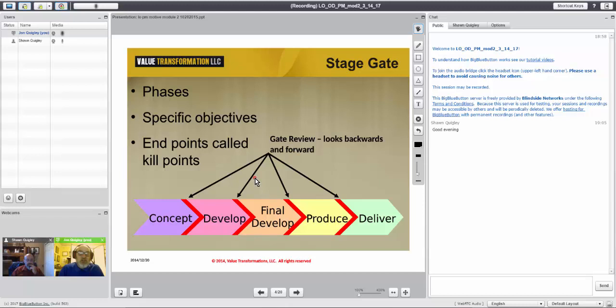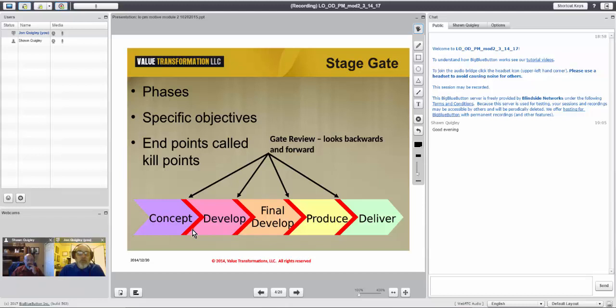In this specific example, we develop a concept. The concept should have had some objectives to achieve at the very beginning. And at this red bar, we're going to have a gate review. We're going to ask questions like, did we achieve our list of objectives in the concept phase? Can we produce this, in theory, at the cost we think we need to have it? Can we price it at the sale price we need to have it? And if those questions are answered affirmatively, then the project is allowed to proceed to the actual develop